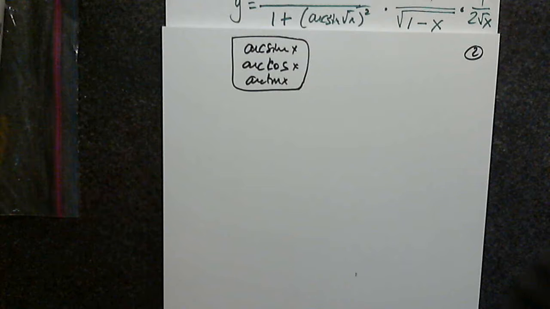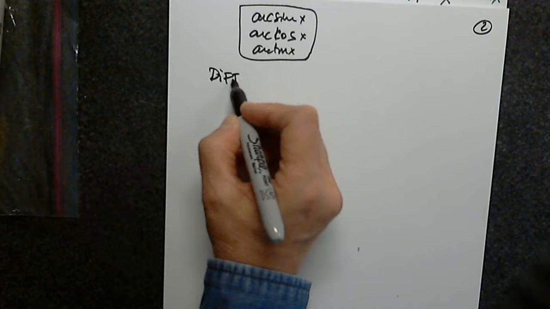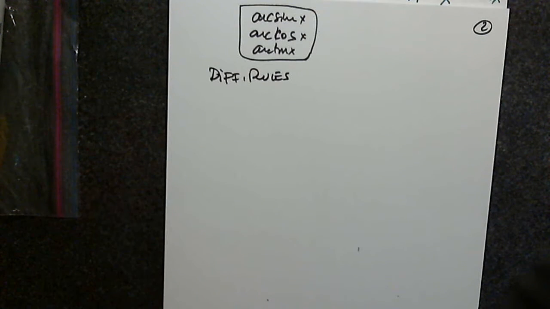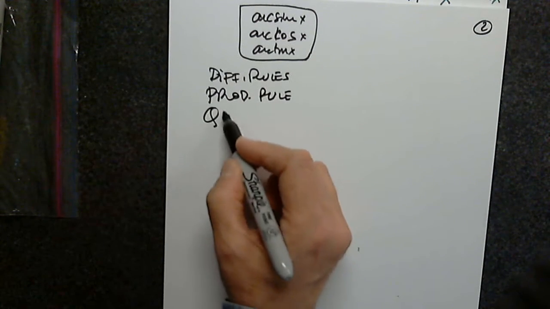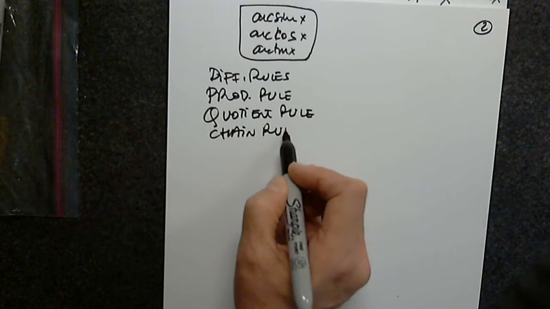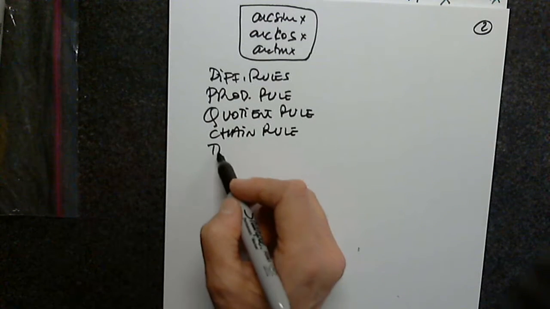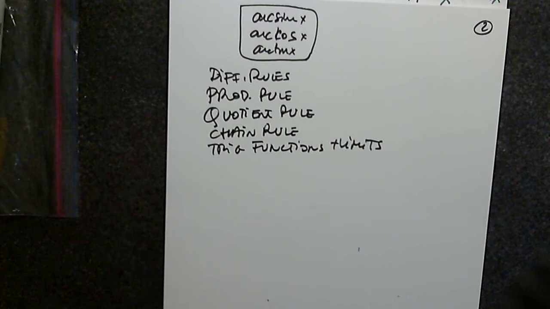Okay, what I would like to do then, I would like to list the topics, and then you'll tell me if you're comfortable with everything, and then if you are, then we can continue with something else. If you're not, then we'll practice. Okay, so differentiation rules for all types of functions. Product rule, quotient, chain, trig functions, plus limits, of course, implicit differentiation,